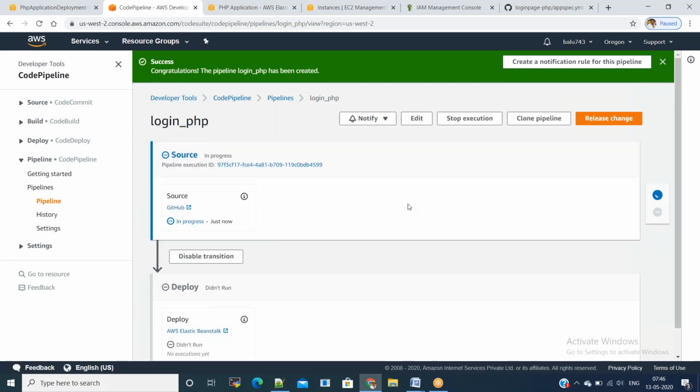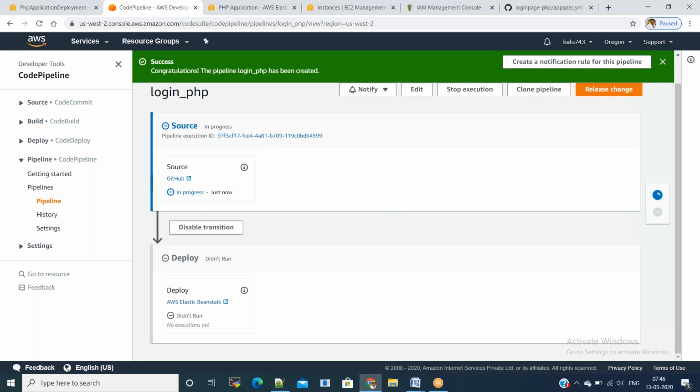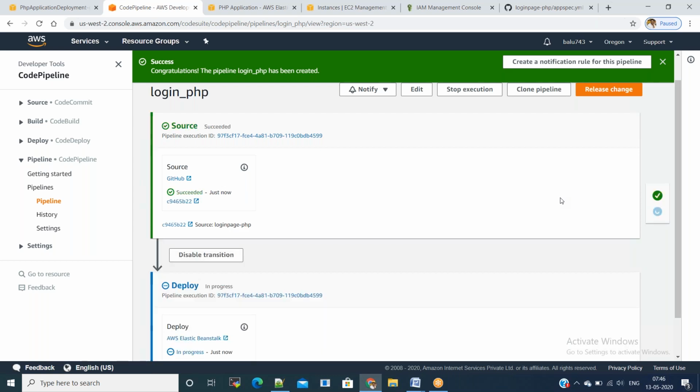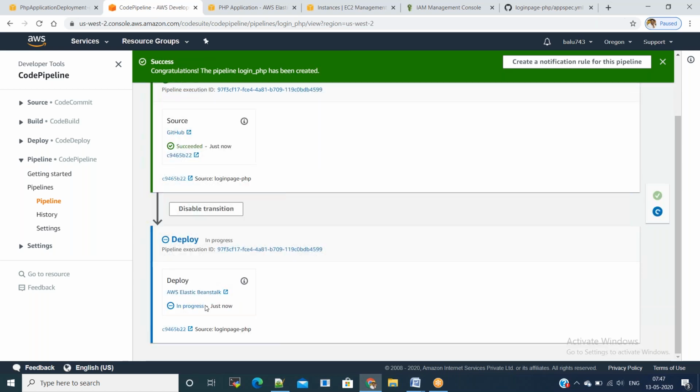Now you can see the pipeline. It started with the execution steps and it is showing in progress. Succeeded. Okay, now deployment is in progress. Once the deployment is done, we need to verify whether it is giving the expected functionality or not.